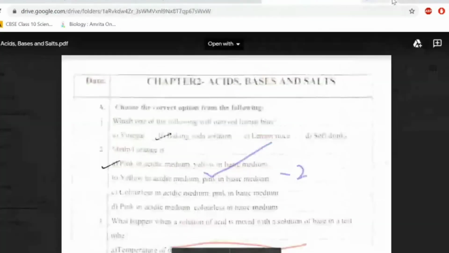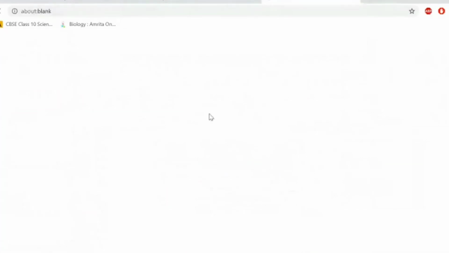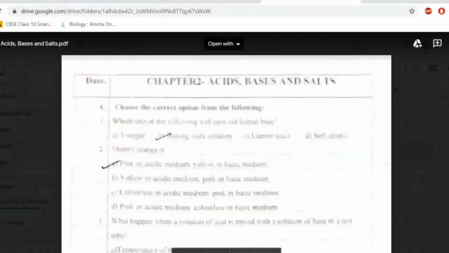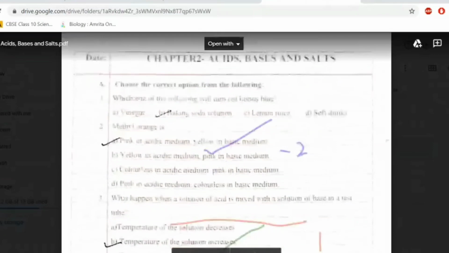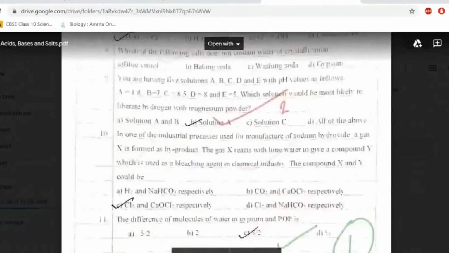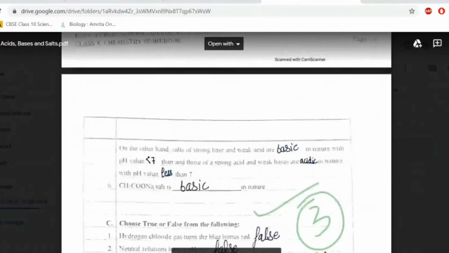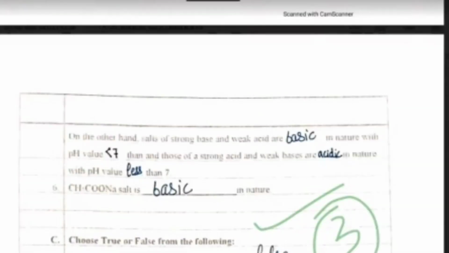So I'll show you the final file once. I'm again opening it from my mail. If I open the file in Google Drive, this last file is the one which we three have edited. So if I scroll down and see, you can see checking with purple pen, red pen, as well as the green pen. So all three colors are visible and saved here.